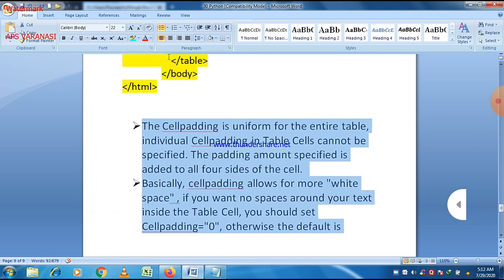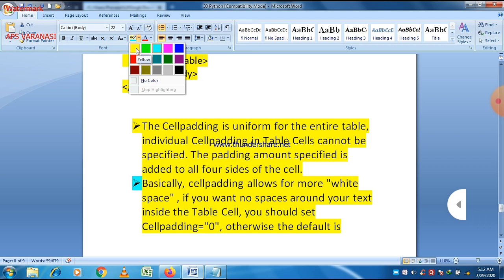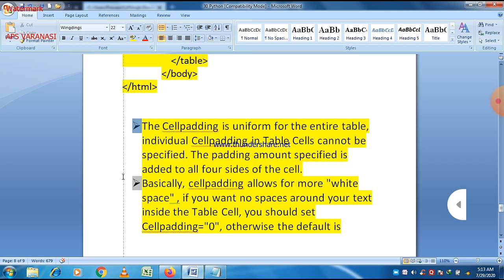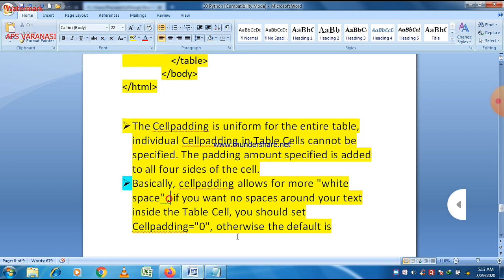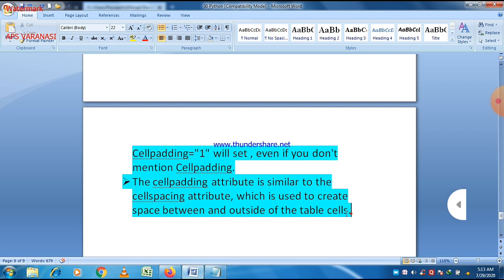Cell padding is a... let us make this a little more visible. Select the whole content. Okay. There are 4 points regarding cell padding here.